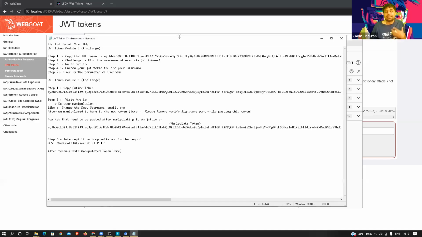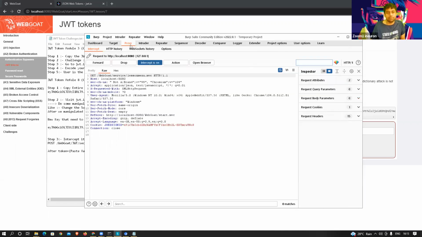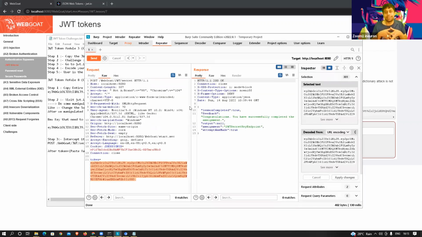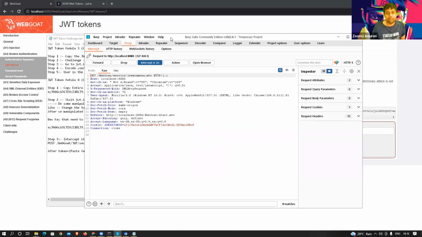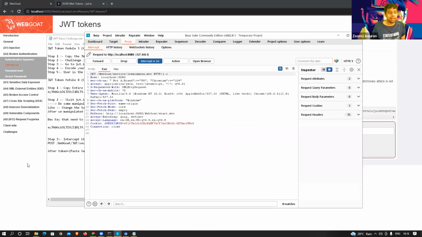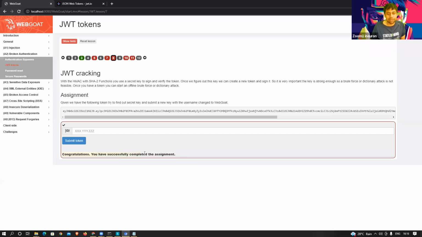Okay, so as soon as webgoat gets to know that the user is successfully changed, it will give you this notification inside Burp Suite, because now this is the repeater. First of all, you can just make the changes, and you can complete the whole attack practically, and you can check the response, what response you are getting from the server, right? And when we have a look at this in the proxy, everything is being done. But make sure you get this thing over here, that congratulations, you have successfully completed the challenge. So I believe we have completed challenge number 8,